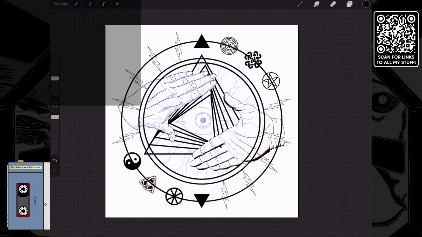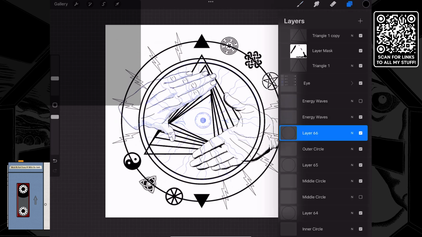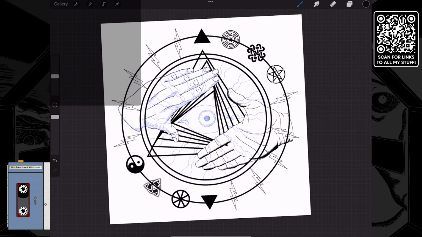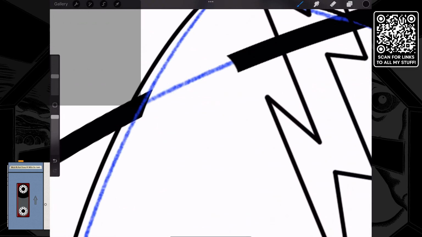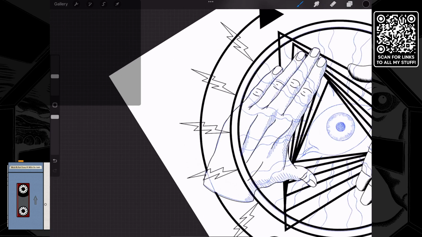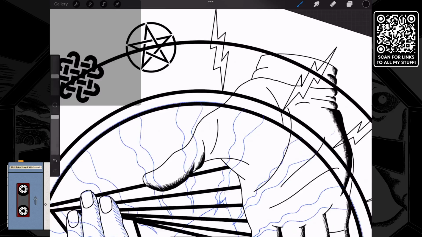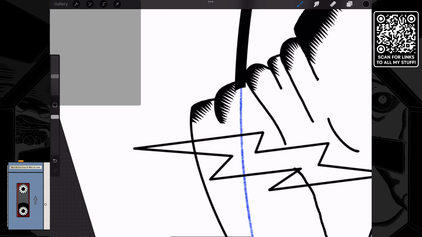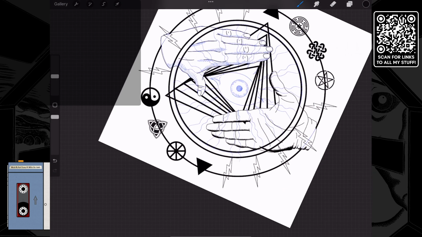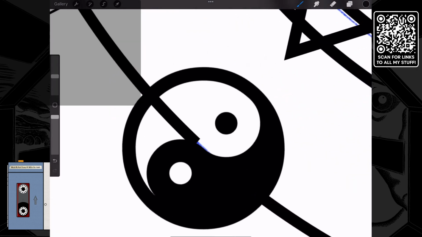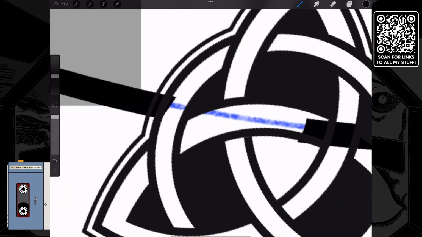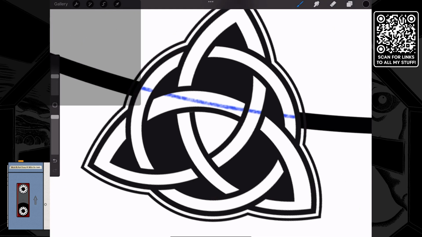Okay, so now let's go ahead and let's mask this stuff off too. Just because I like to see it. So we'll go ahead and mask this. And we'll do it over here. Oh, sorry. Over there. Over there. And in here, we don't want it in the symbols. We want it to be behind the symbols, more or less. And I can now see that the symbols have to get,